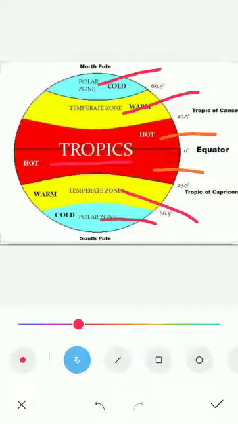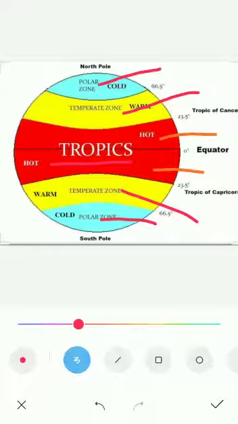Now let's go to the next zone, that is called the temperate zone, the yellow color. In the northern hemisphere, the temperate zone lies between the Tropic of Cancer and the Arctic Circle. The Arctic Circle, that is the yellow part, you can see that. While in the southern hemisphere, it lies between the Tropic of Capricorn and the Antarctic Circle. The amount of insolation received here decreases with the increase in the latitude. That means as you go to higher latitudes, the amount of insolation decreases, and this is due to the spherical shape of the Earth and the slanting rays of the sun.